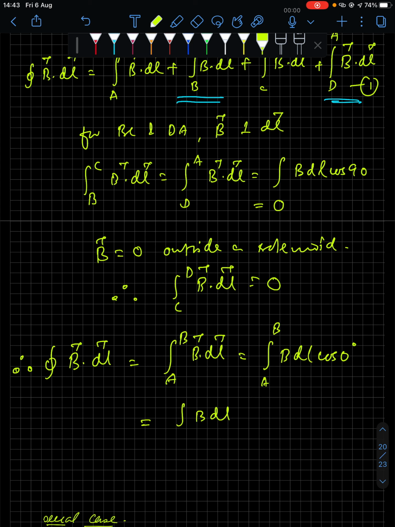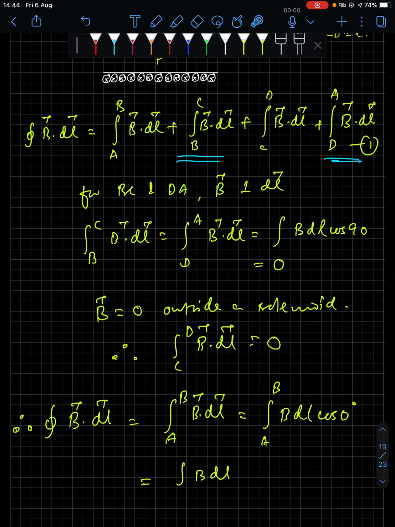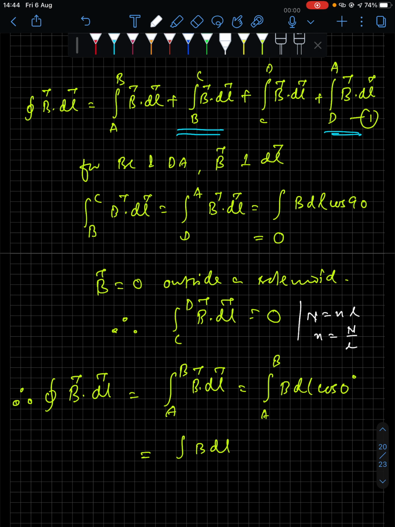And on the left side, now there is a catch here. In Ampere's circuital law, the law says that the closed integral of B dot dl equals mu naught I. Now if there are n number of turns, then it will become mu naught nI for n number of turns, and the total number of turns is represented by capital N. Sorry, I made a mistake. The total number of turns is the number of turns per unit length into the total length, or you can say the number of turns per unit length is the total number of turns divided by length.